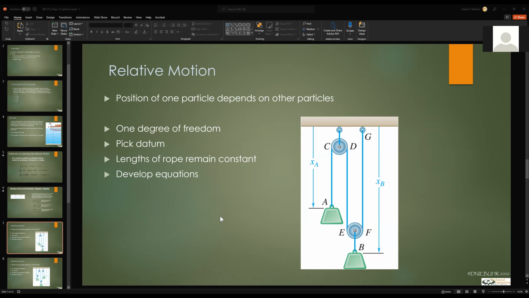So that leads us to the idea of relative motion, and the simple examples just using a pulley. And what we can see, for that example,